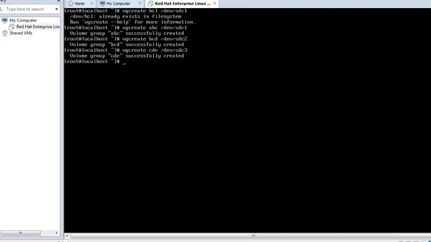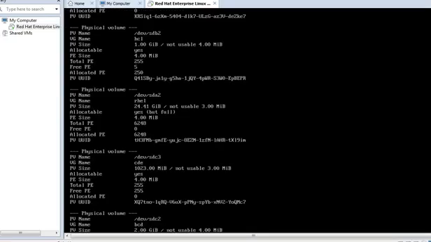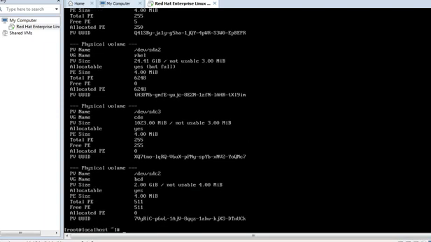Okay, now you can check them using the command pvdisplay, but the logical volume is not yet created. Here you can see the physical volumes by the pvdisplay command. And also you can see the volume groups, so vgdisplay.